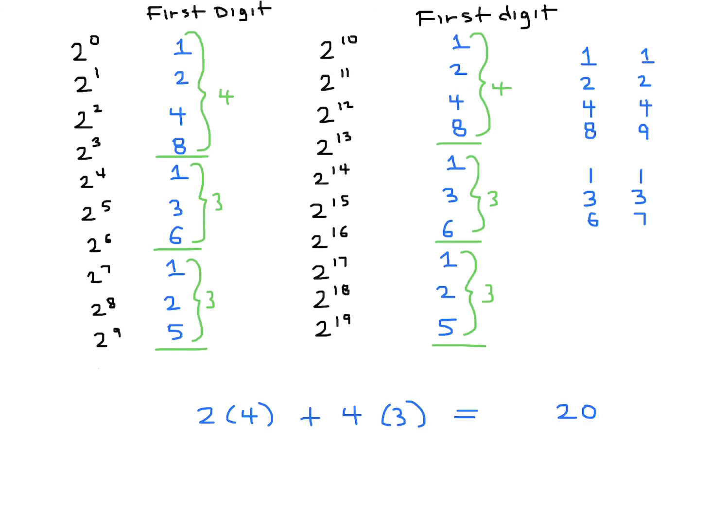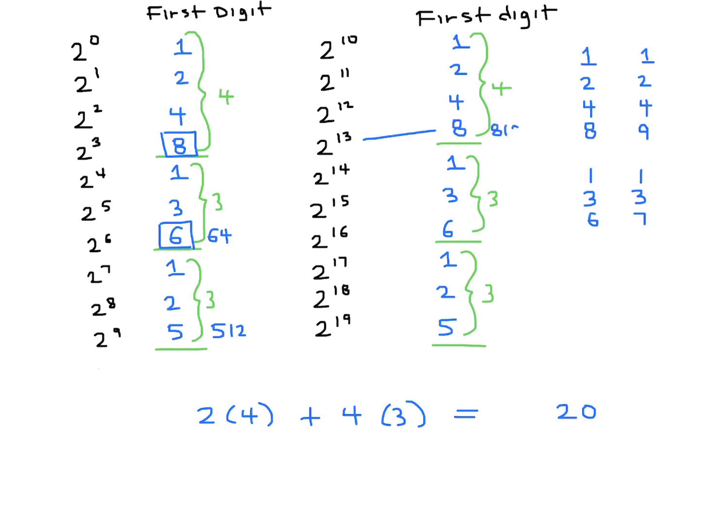Now, one more thing. When you look at these numbers, I want you to make a list of the numbers at the end of each subset. This one, for example, is 8. That number is already there. 2 to the power of 6, I want you to write that number out. It's 64. 2 to the power of 9 is 512. Just the ones at the end of the subset, and then I'll explain what I mean. Then 2 to the power of 13,